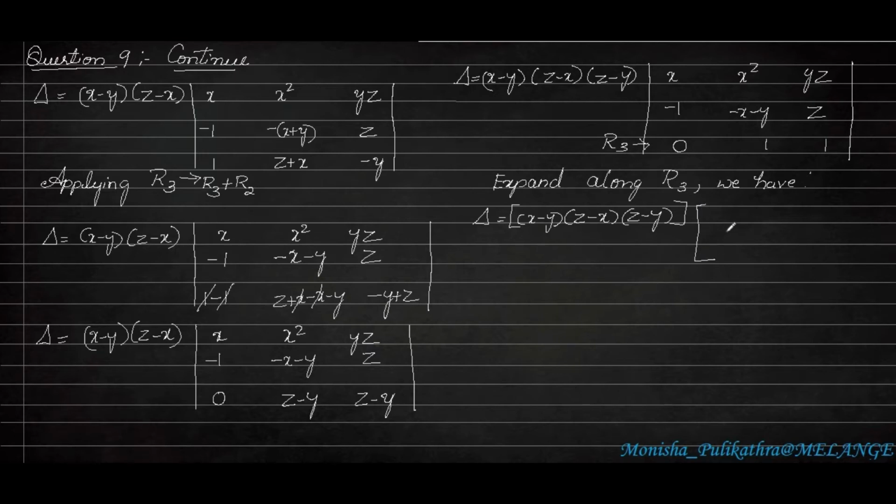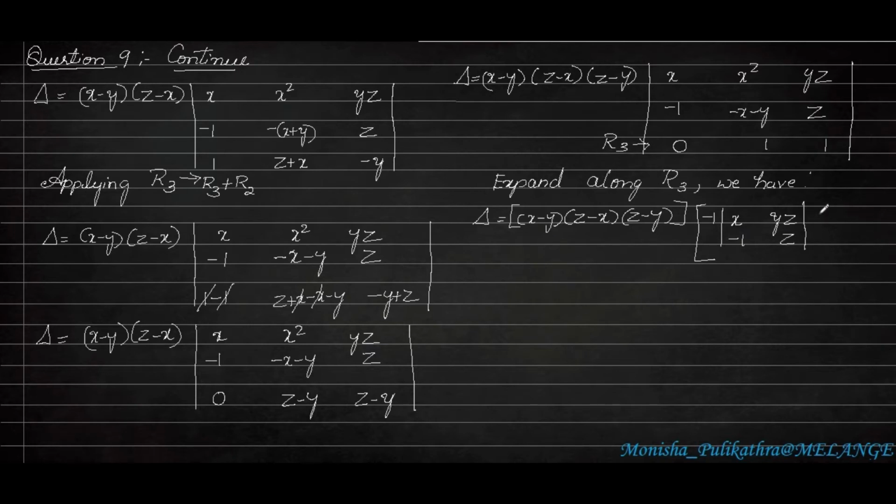So for R3, the middle term is here. Since it is 0, the first one is 0. If I take 0, these two lines will cancel. This column and this row will cancel each other, right? So I will be taking the middle term. Here first it will become minus 1. All the middle terms will be minus. So minus 1 determinant x. If I take this middle term, then this column and this row get cancelled. The remaining will be these 4 elements x, y, z, minus 1 and z.